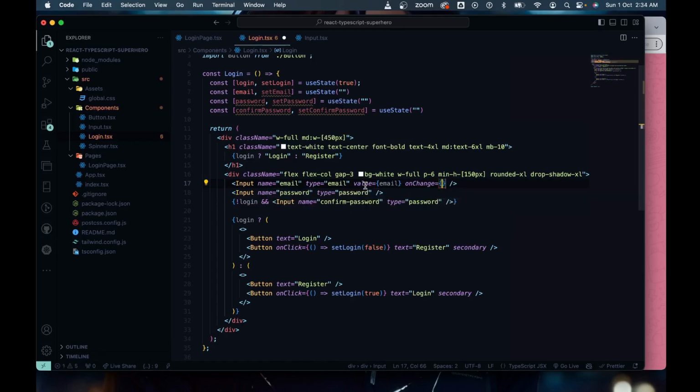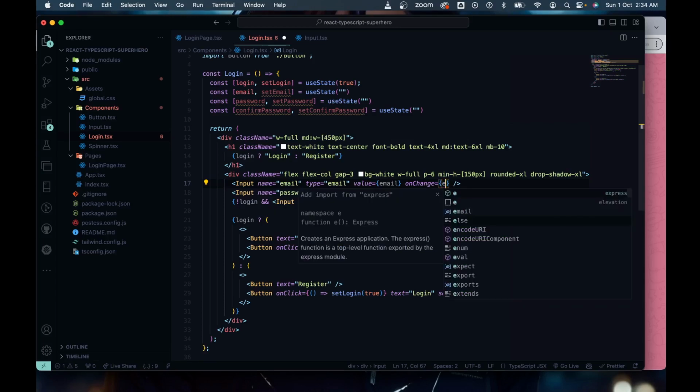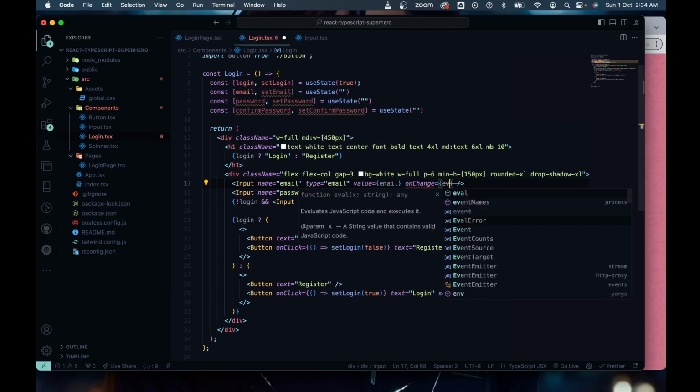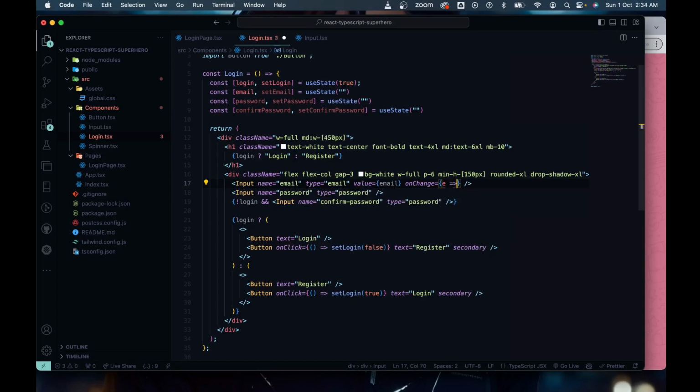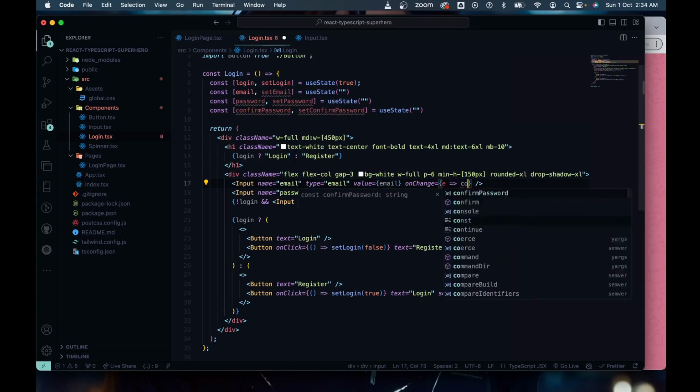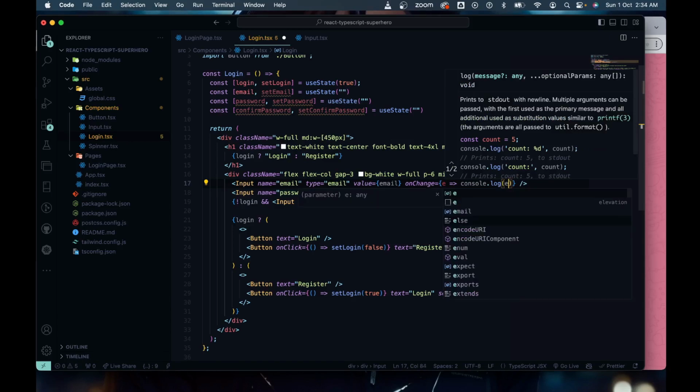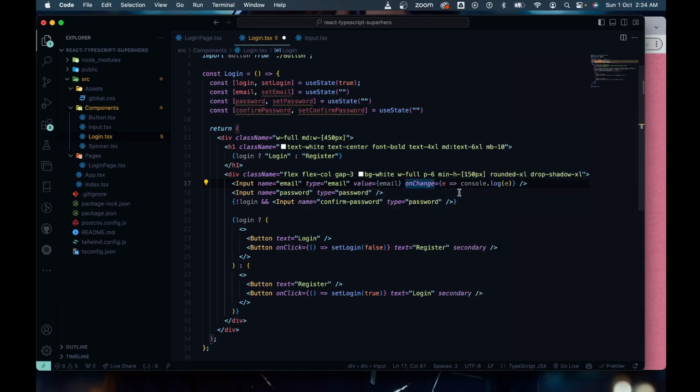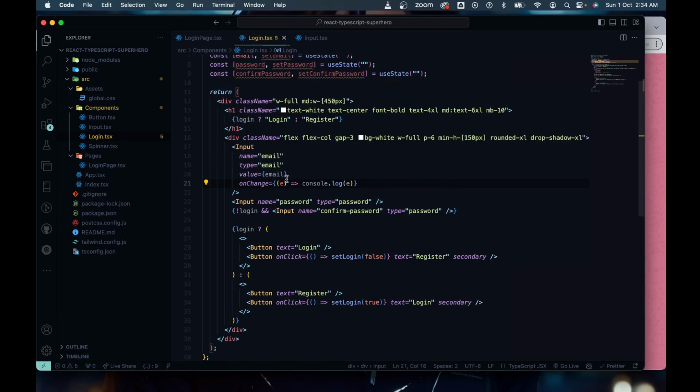What we want to do when the value of this input field changes is we want to update this email with this input's current value. And when an onChange event happens, then an event is emitted. You could call it event, you could call it E, but it depends on you. So what we want to do is we want to console log E here, save it,